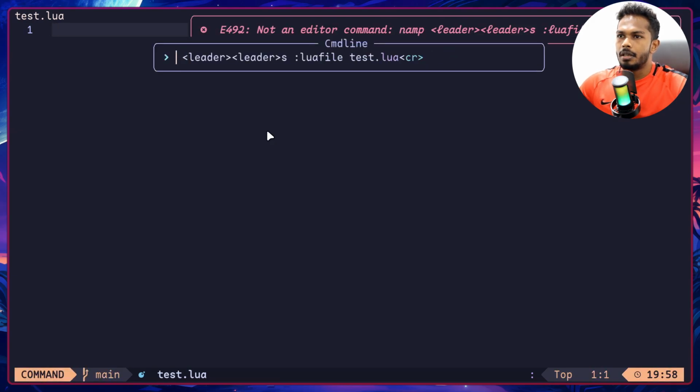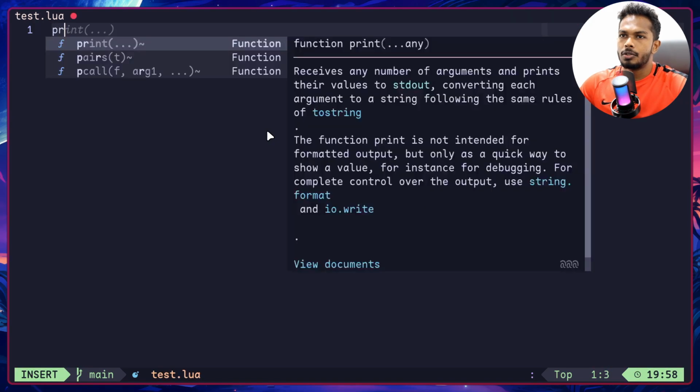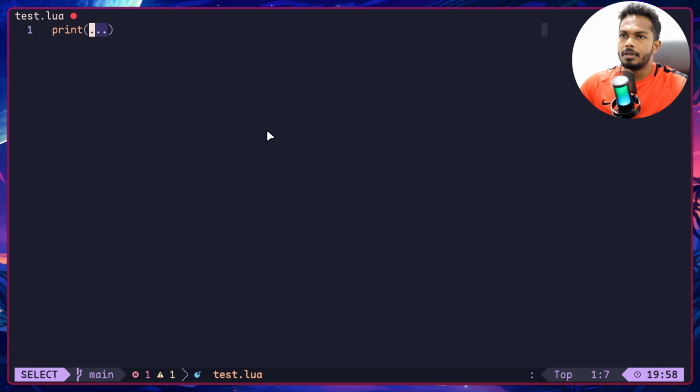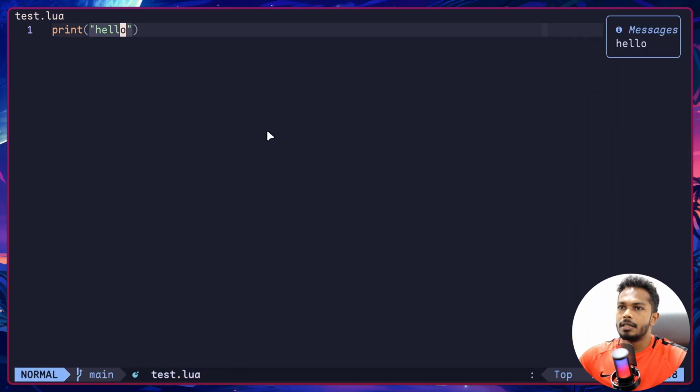It should be nmap. There you go, it's working. To make sure I can print something. There you go, we got the message. That works. Okay, now